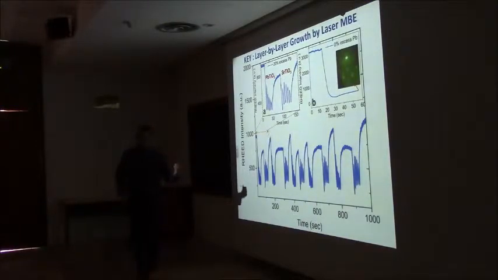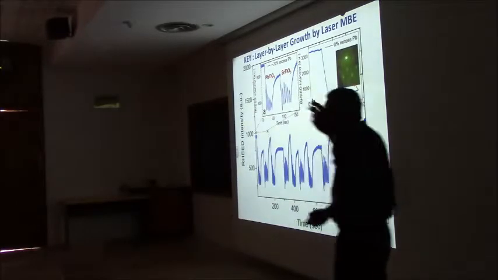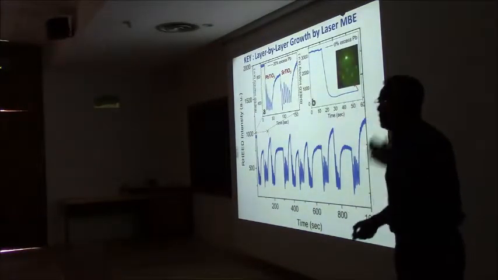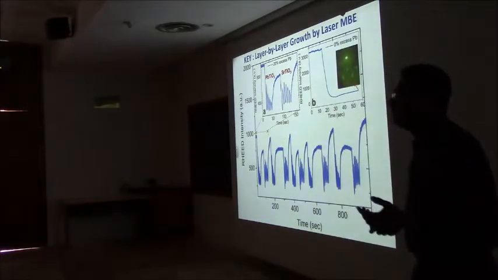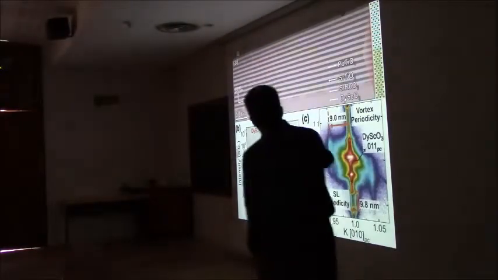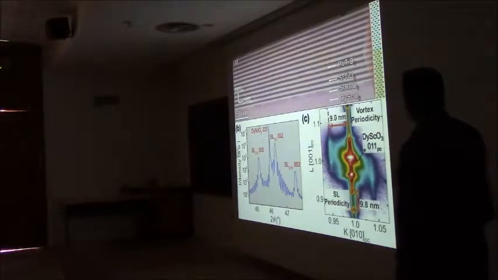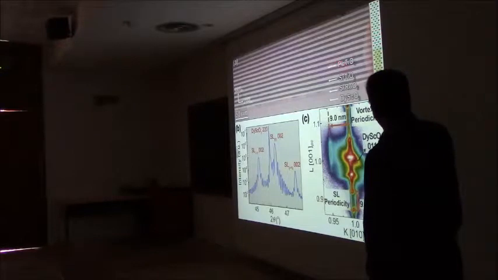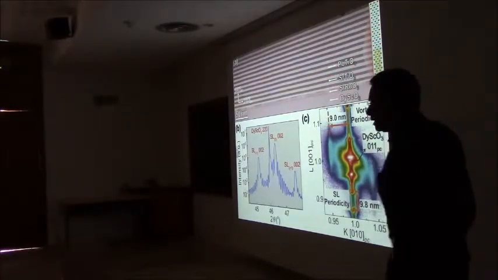So this is not necessarily a trivial process to grow, but once you have the recipe, then you can start to do it quite well. And with lead titanate, strontium titanate, we, meaning the community, can do it very well. Other people do it as well. Okay, and when you grow these kinds of structures, that's what you see. This is just a regular electron microscope image of the superlattice. This is a 10 unit cell by 10 unit cell superlattice. The white layers are lead titanate, and the dark layers are strontium titanate.